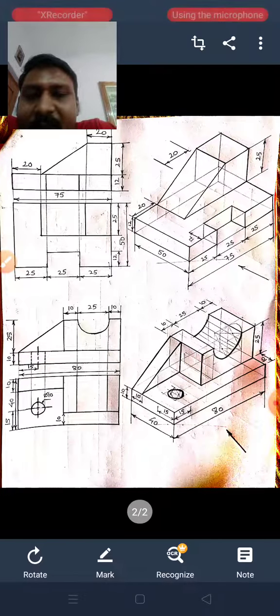Okay, depth of 10, because in the front view it is not visible, that's why it is given a dotted line. By dotted line, it means in the front view it is not visible, or you can show it likewise. Just a minute. Okay, so you can show this dotted line here also. I have not shown it, but you can show.